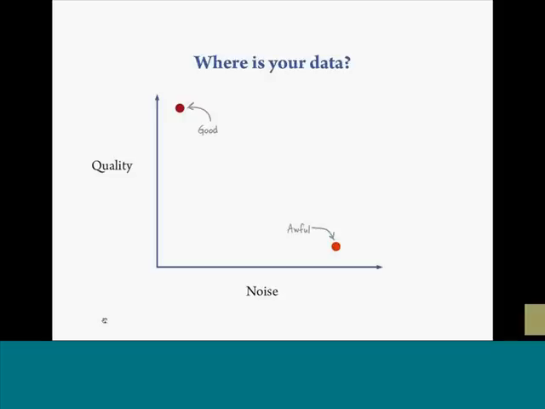When you're looking at data that you're contemplating fixing, you need to think about at least 2 dimensions, which I'm here calling quality and noise. And when I say noise, I just mean basically the amount of garbage in the data that you need to get out of it in order to be able to use it effectively. It's possible to have high-quality data with a lot of noise in it. It's possible to have very neat, organized, noise-free data that's of a crummy quality.